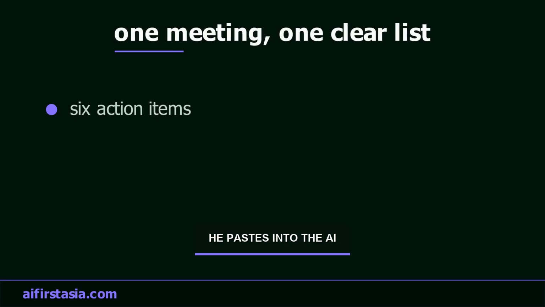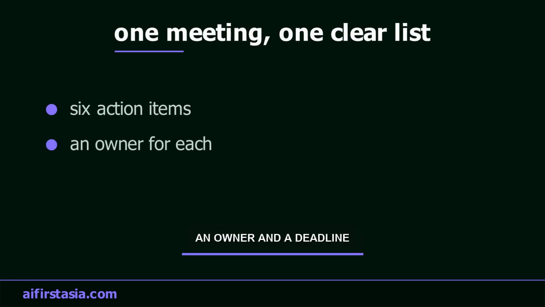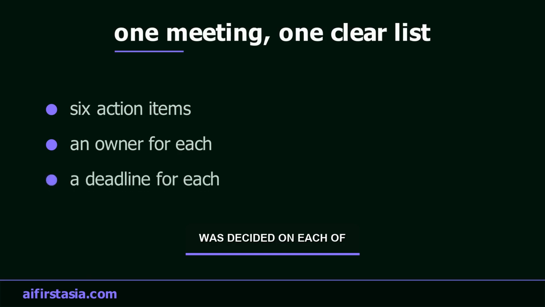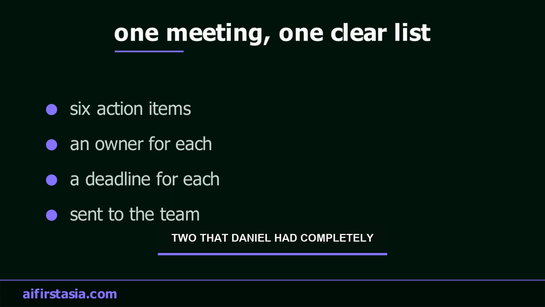He pastes it into the AI and asks for a summary of the decisions, then asks for a clean list of action items with an owner and a deadline for each. A minute later, he has both. The notes lay out what was decided on each of the 3 jobs. The action list has 6 clear items, each with a name and a date,